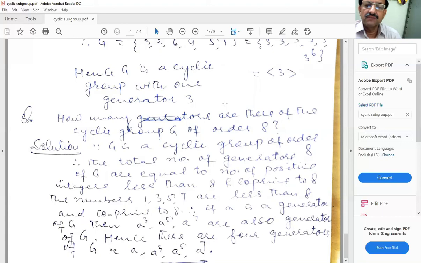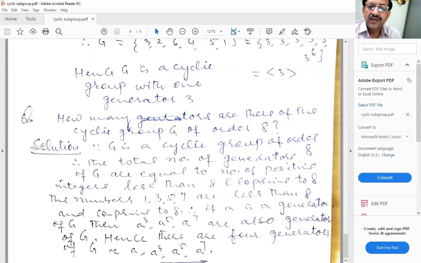Co-prime होता है जैसे दो नंबर आपस में एक दूसरे को डिवाइड करते हैं तो उनका हाईएस्ट कॉमन फैक्टर 1 बन जाता है. The numbers are 1, 3, 5, 7. 8 से छोटे 1, 2, 3, 4, 5, 6, 7 थे, but co-prime to 8 are only 1, 3, 5, 7. For example, आप 8 को 3 से डिवाइड करते हैं, तो रिमाइंडर इज 2. 3 को डिवाइड करिए 2 से, तो रिमाइंडर इज 1. 1 से 2 को डिवाइड करिए तो पूरा कैंसिल होगा, तो आपका हाईएस्ट कॉमन फैक्टर 1 आएगा. तो द नंबर्स आर 1, 3, 5, 7 are less than 8 and co-prime to 8.